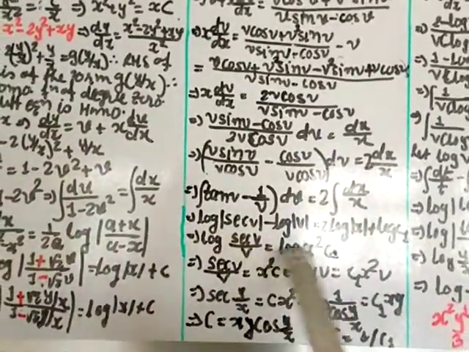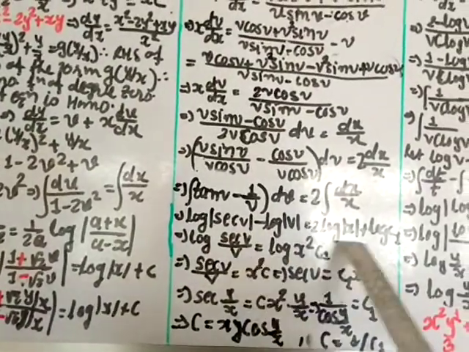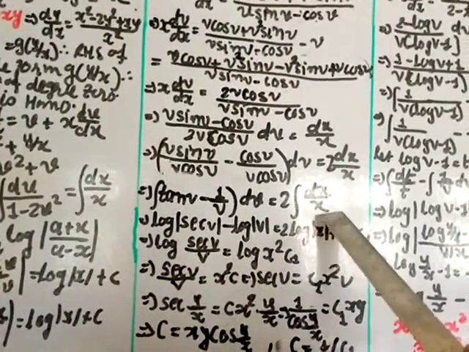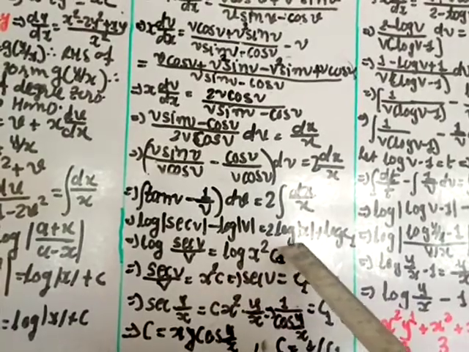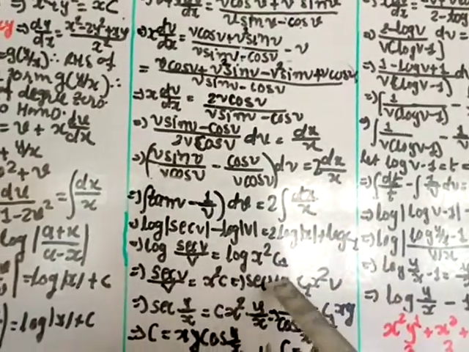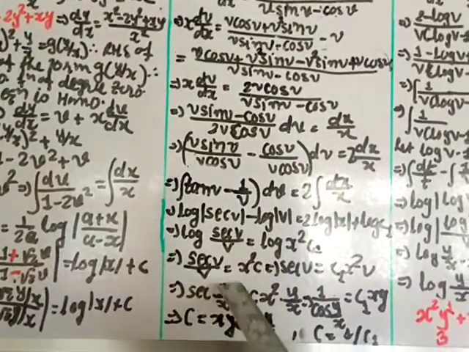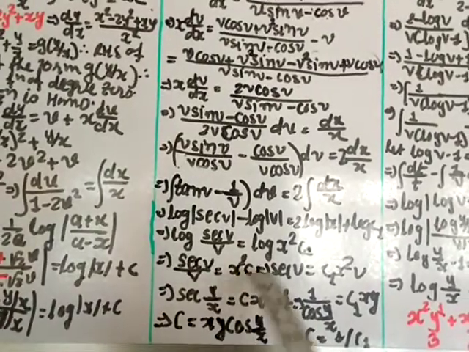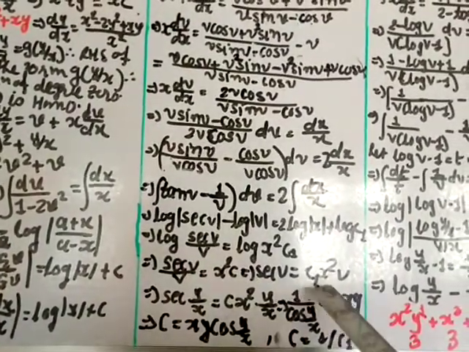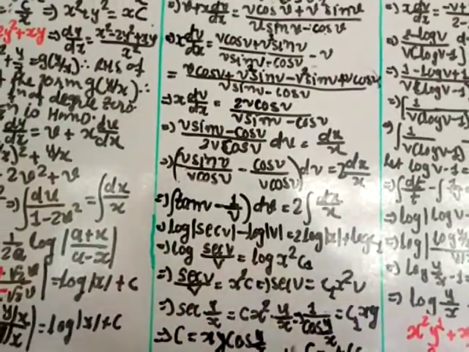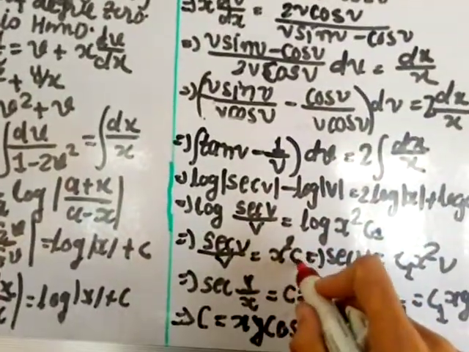Then here combine the logs together, so log sec v by v is equal to, here also combine: first combining 2, you take it as a power, so log x square and c1. Log cuts, so you get sec v by v is equal to x square c. Now v you transfer here, so you get c1 x square v. Here it is not only c, it is c1 because I already put c1.